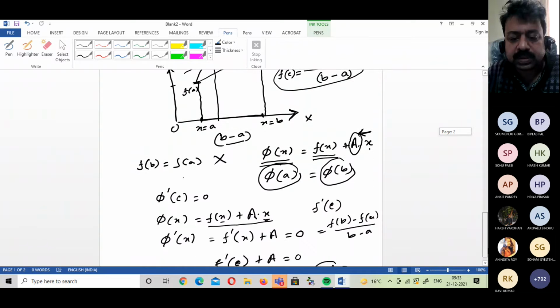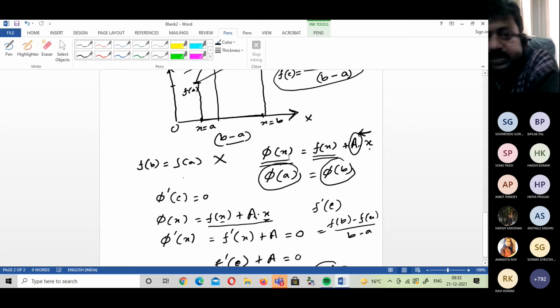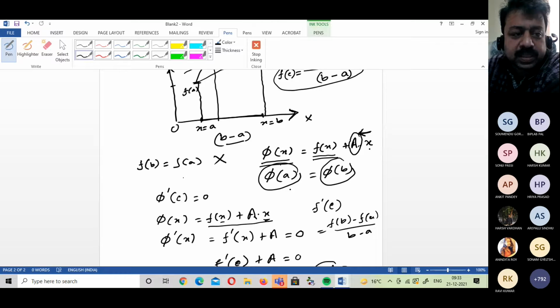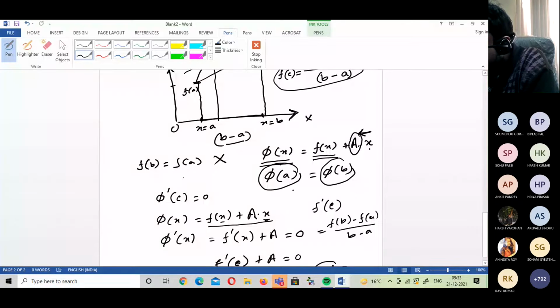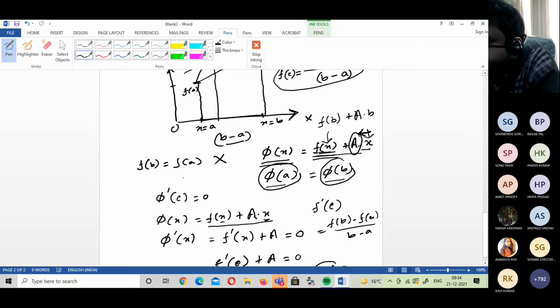Yes, sir. Here, this is the assumption, that is phi x. Now here, you have considered that phi x satisfies all the conditions of Rolle's theorem and phi a equals phi b. You have taken the value of A in such a way so that phi a, what is phi a? f of a, in place of x put a. So f of a plus capital A into a. Phi b will be f of b plus capital A into b. Now, if you assume that phi a equals phi b, then obviously